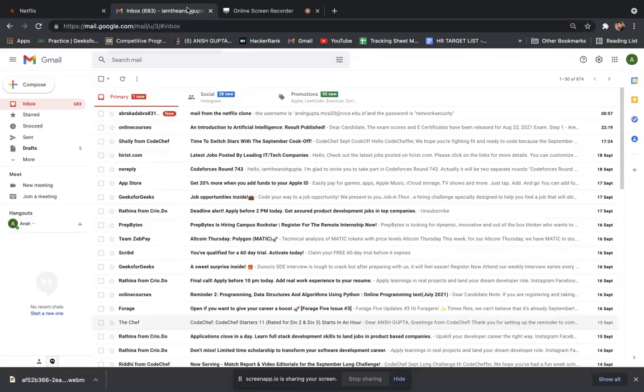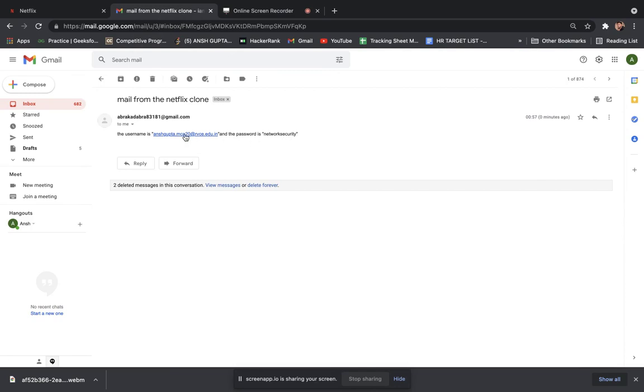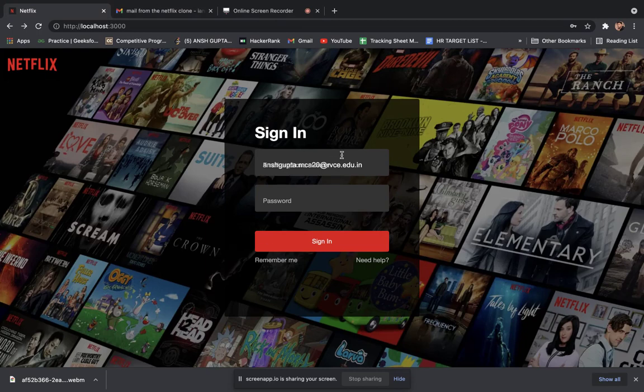But what happens in the background is that the mail of the phisher, who will be like, this is my mail, we got the ID and the password that we just entered via email. I am trying to demonstrate phishing, wherein I got the email ID of the user, that was me personally, and the password was "network security" as I just entered. And you can see the timings out here, it's the same right now, and I got this mail right now after entering here. So it's a very simple process. We take certain inputs from the user, we send it to the server, and then from there we can send it to the mail or use it in whatever way we want.